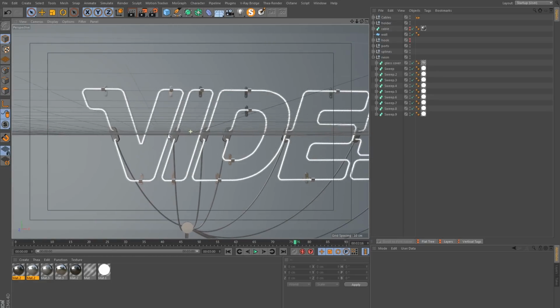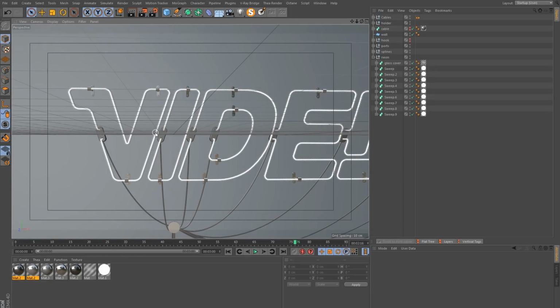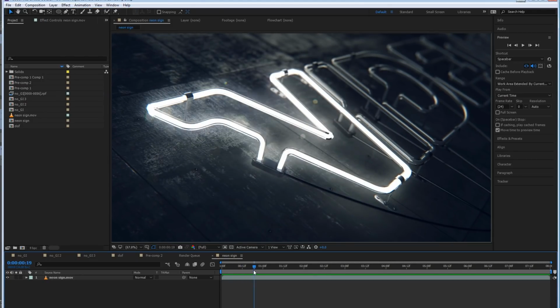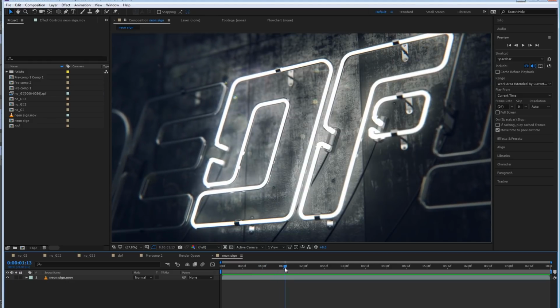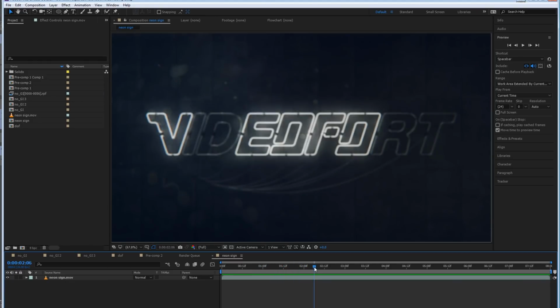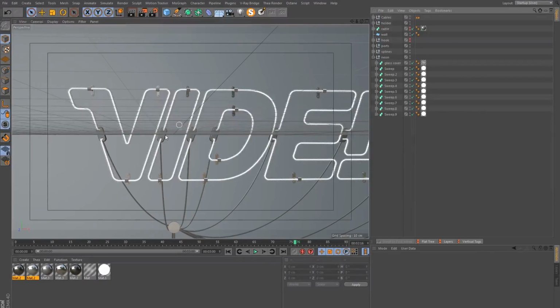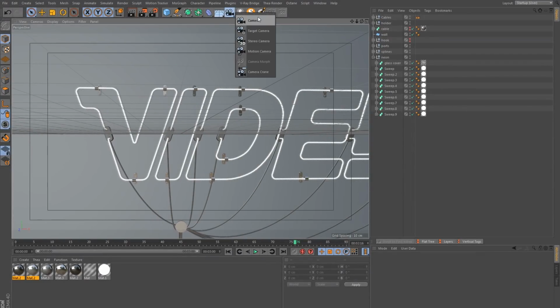So anyway, the order in which you turn on the lights is going to depend on your camera animation. In my example, I started with a close-up on the left side, and then a sort of mid-range framing, and then a wide frame revealing the entire logo. So let's try and do something similar here.